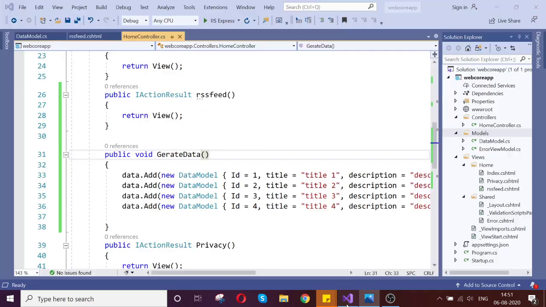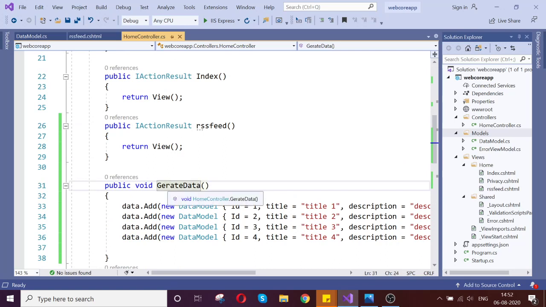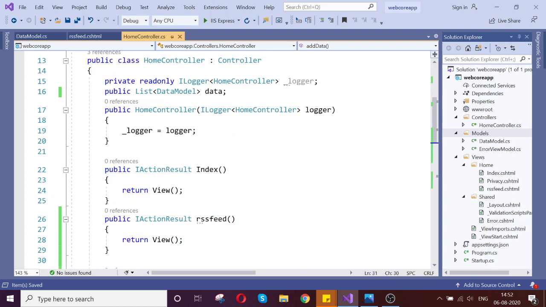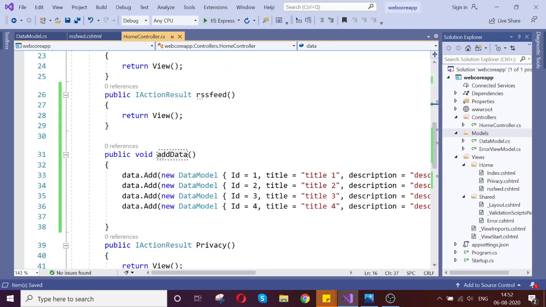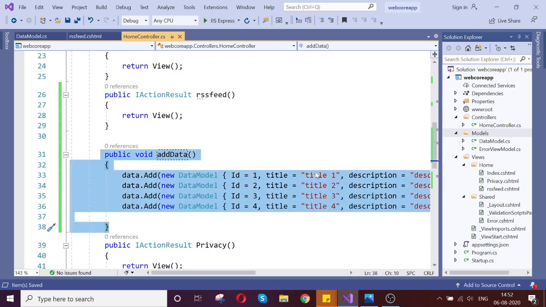I am going to show you in a very simple way. Here I just created one method, and we call it by a meaningful name, add data. I have my list here, to which I am adding some dummy data.